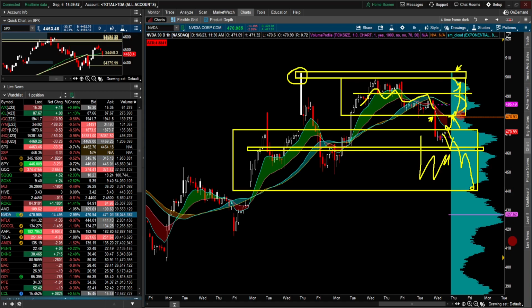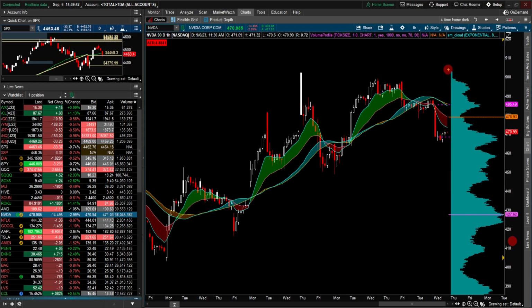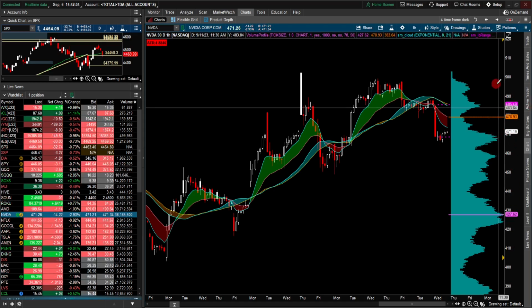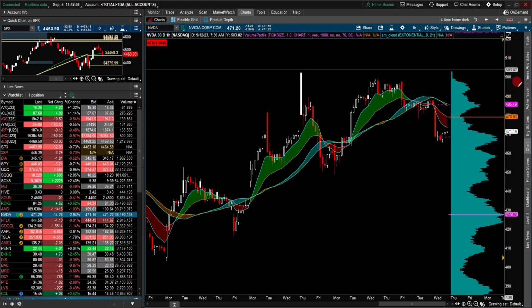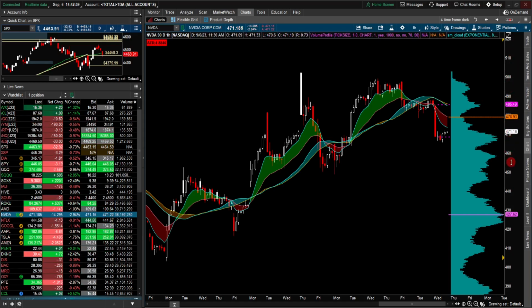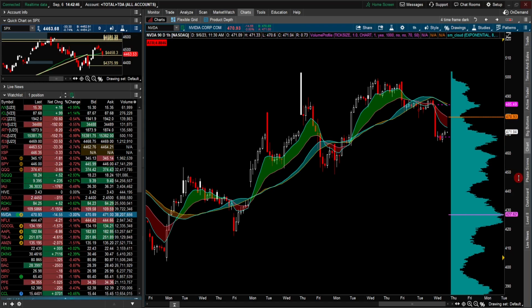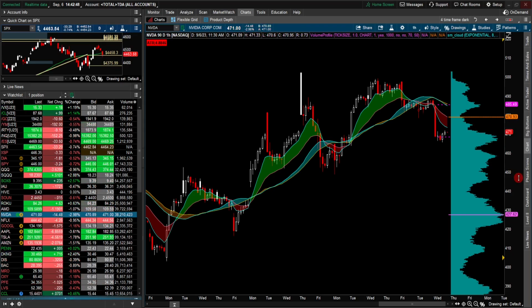small balance areas. Okay, so that's how I go through the chart here, identifying various levels to monitor for the coming days or coming week. So starting with the weekly, looking at the trend, and then we go to the daily, and then from the daily we identify some areas to focus on, then drill in on the hourly chart and look at some near-term levels. So I hope this gives you some idea of the thought process that I go through